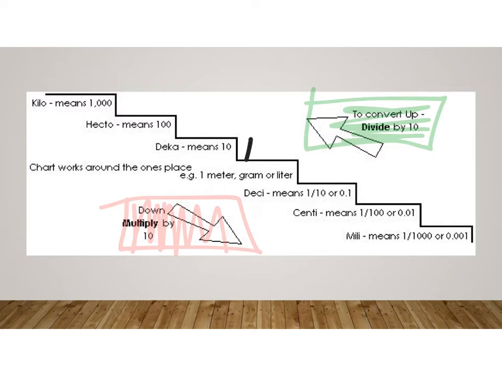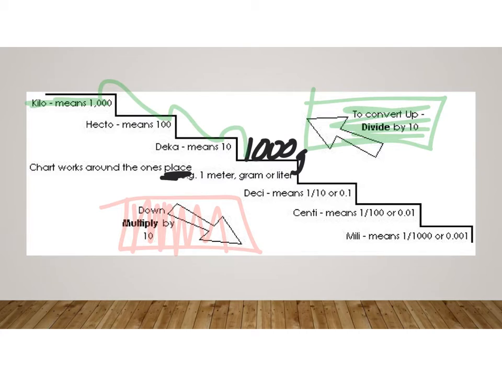To give a better idea of how that works, let's actually do a sample step. So let's say I had 1,000 grams, and I put that on the very base unit step because it doesn't have a prefix. It is just a gram. That's a base unit. Now, let's say I wanted to move up here to the kilograms. So that means I have 1, 2, 3 steps to go up. And I'm going to divide by 10 for each step that I go up. Meaning, my next step up,